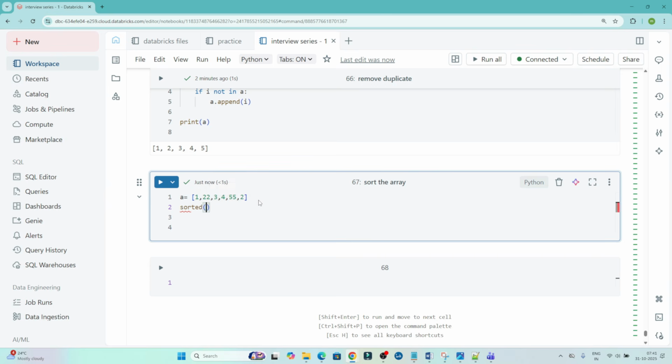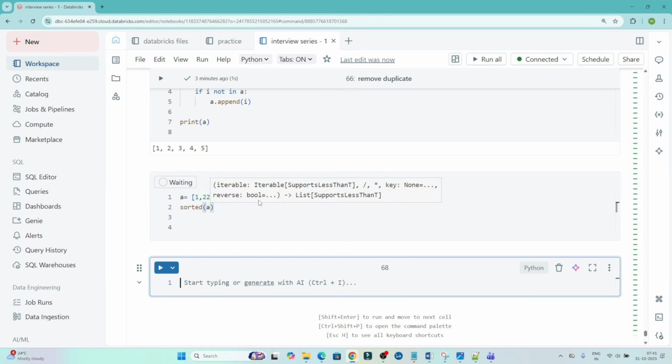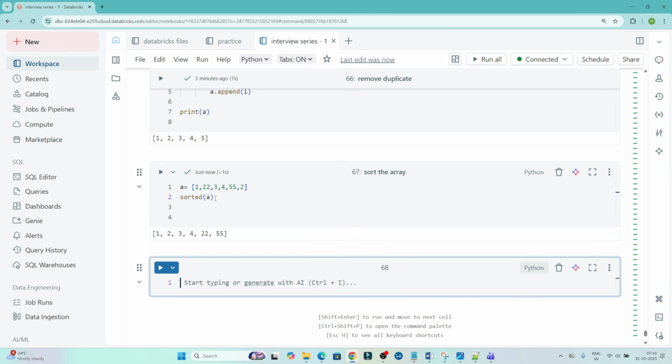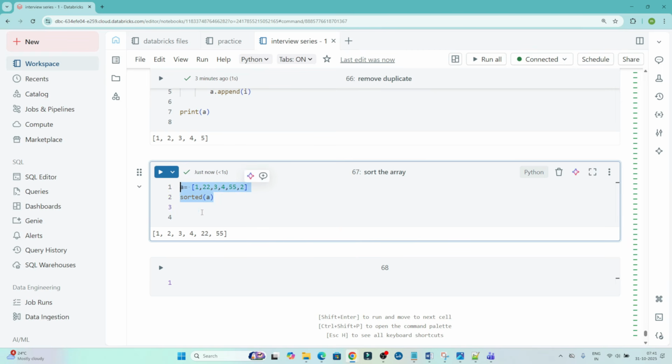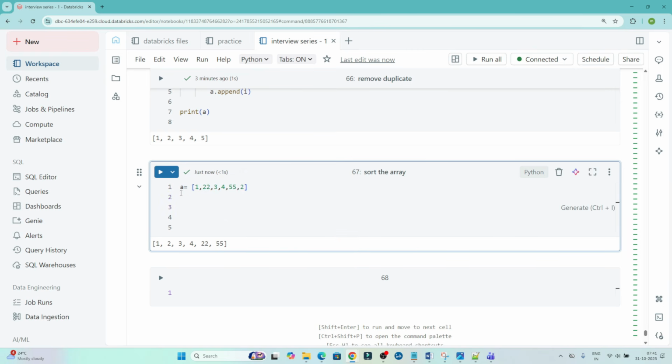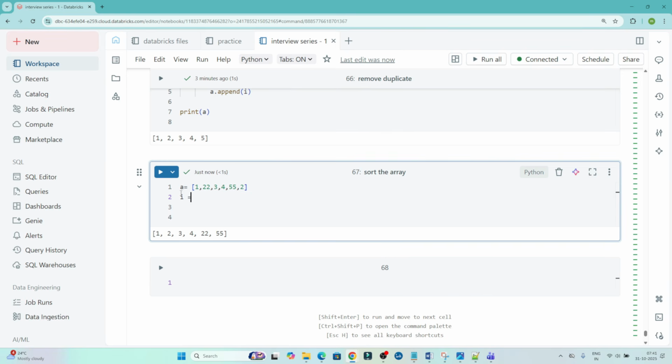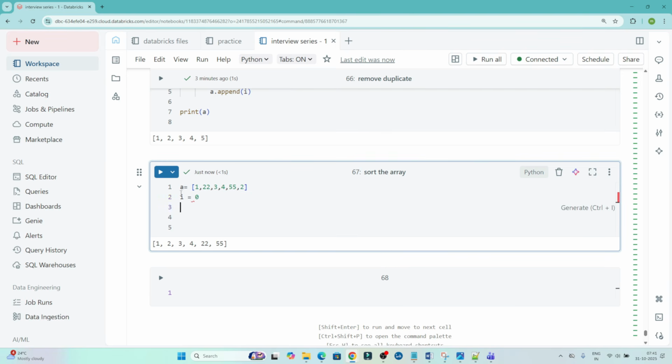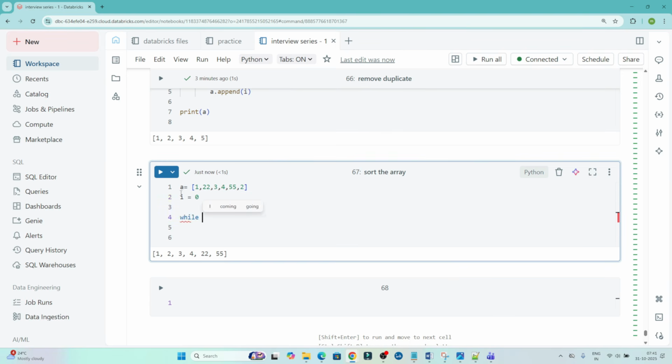We use an inbuilt function like this, right? But they will say don't use an inbuilt function. Without using an inbuilt function, you have to sort this, like use a for loop, while loop, or any approach in Python. So what I will do for this sorting, I will initiate this with this, and I will use a while loop. I is less than